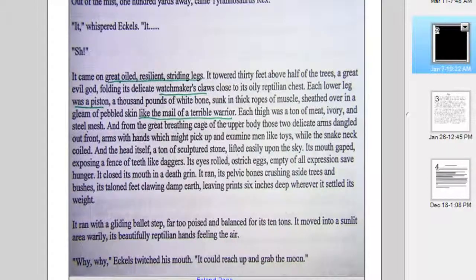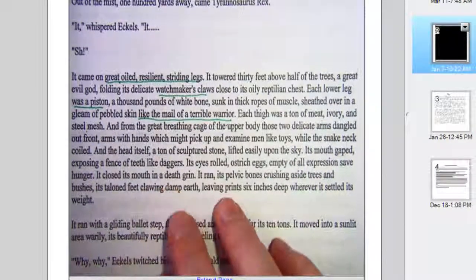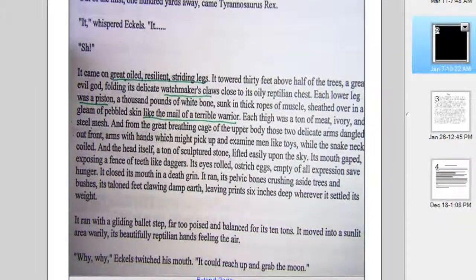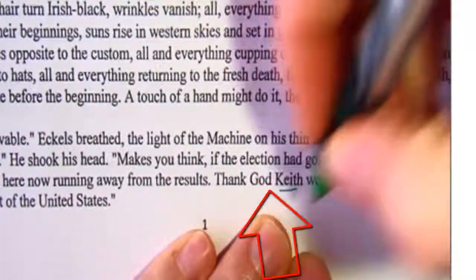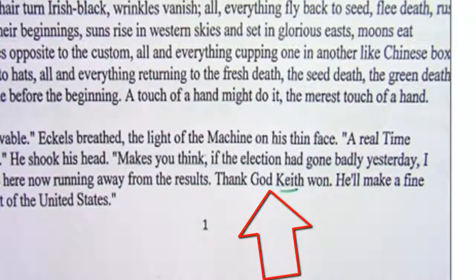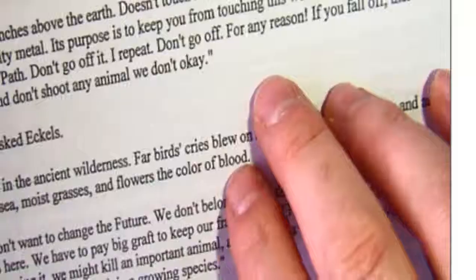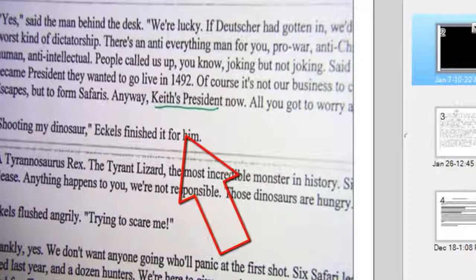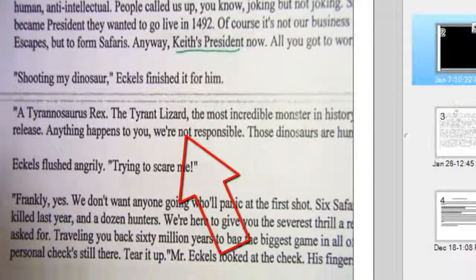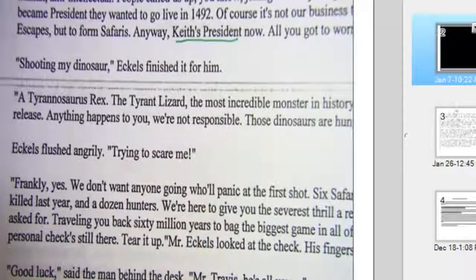You can also take a look at examples of foreshadowing. Again, you've got in this story the indication of President Keith, and you'll see that if you take a look at page 1, all right, where they say, "Thank God Keith won." So that you have that instance there. You also have it on page 2. It's really a continuation. They just continue to talk about President Keith. Okay? And then, if you keep looking, you will see it